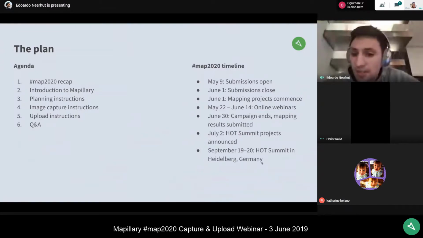That's an opportunity for you to share the success of your project, to share your knowledge and the skills that you've built up and how your organization is using imagery and map data in OpenStreetMap. And really the ability to go to the HOT Summit comes down to what happens over the next few weeks as far as image collection.